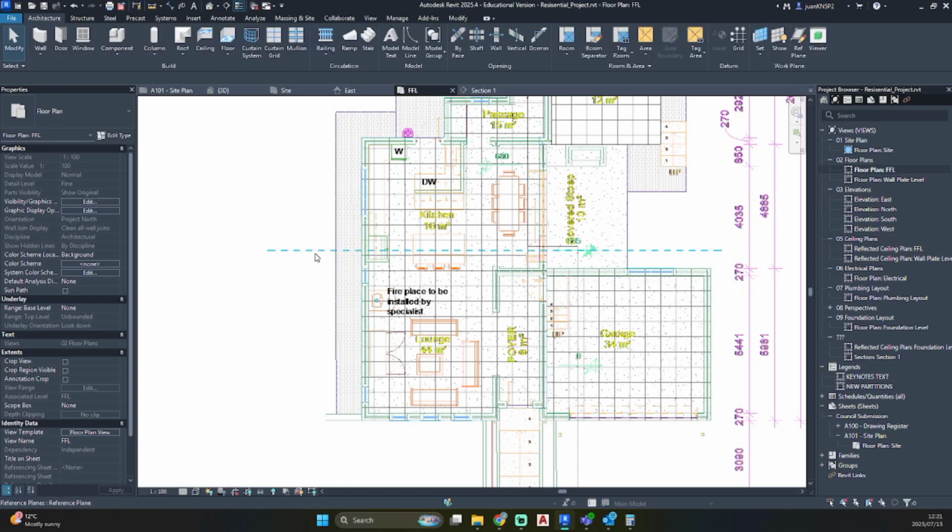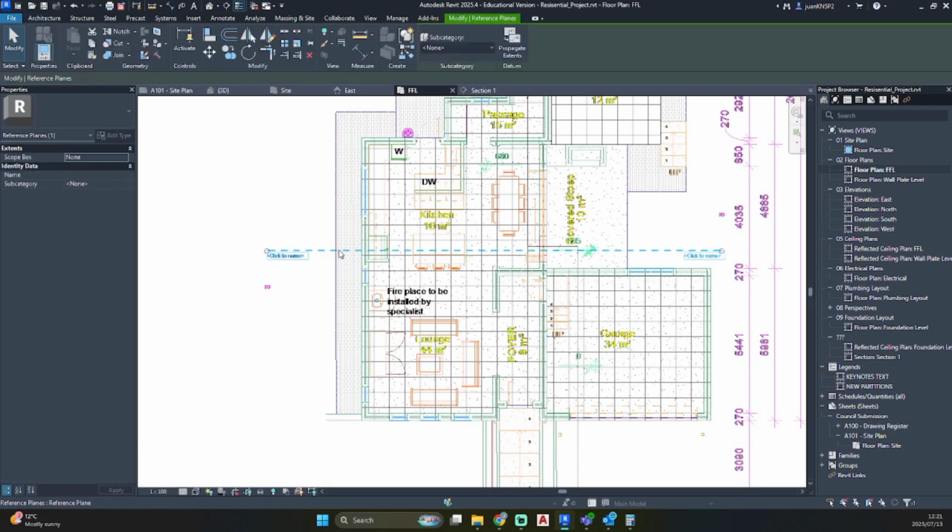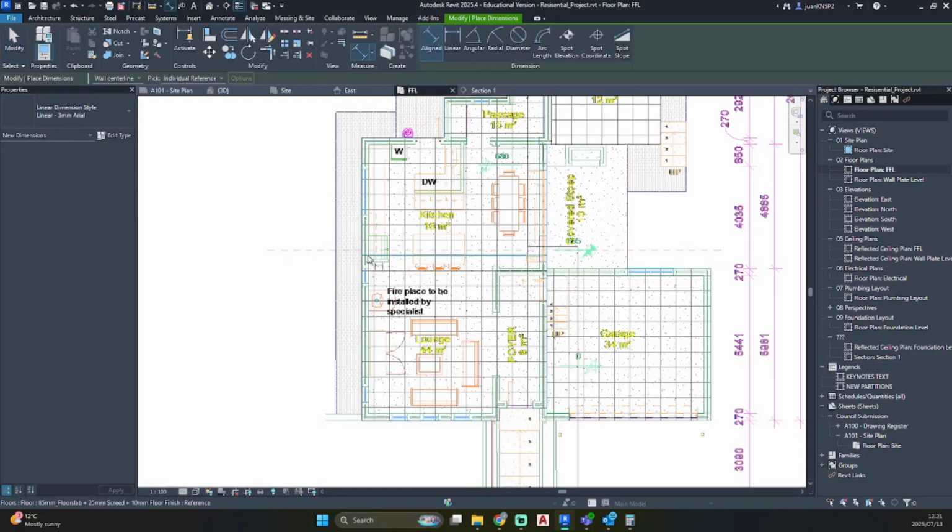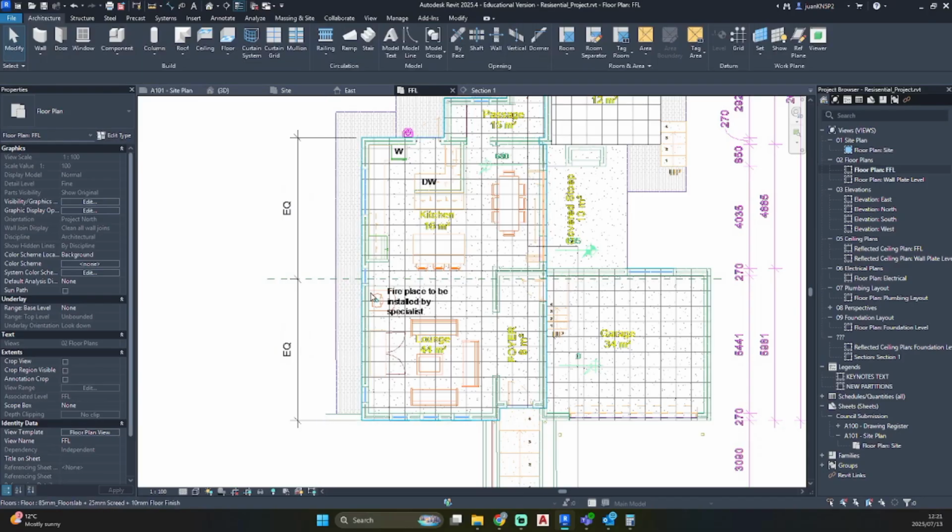Now we're going to add a dimension to auto center this line on the wall that we want to split. So let's press DI, click on the reference plane, and once we have our dimension, let's click on equal, and now that is the center point of the area that we want to work in.